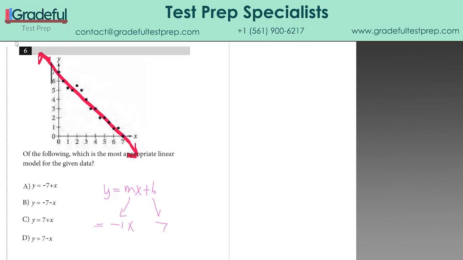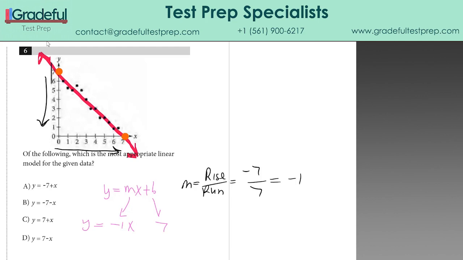And the reason for that is slope is rise over run as you go from left to right. So as we go from this point to this point, we are on our way down 7, so the rise is -7 for our rise over run. So that's -7, and then the run, the amount that it goes sideways, is +7. So -7 over 7, which is the same as -1. So in our y equals mx plus b, we've got -1 for the slope, 7 for the y-intercept, and that